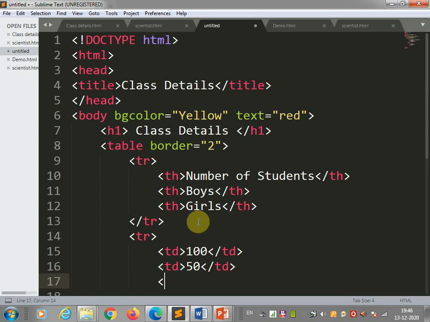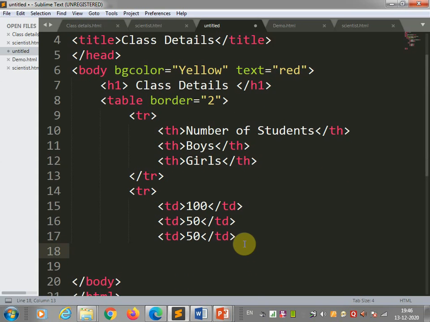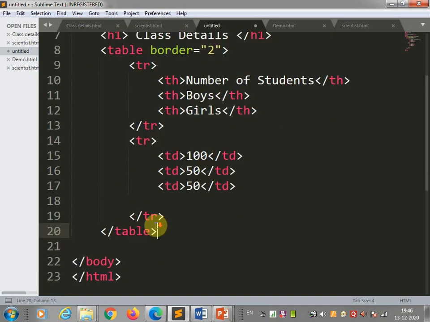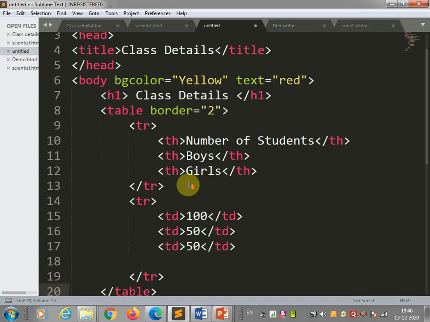Then girls number also 50. So td tag once again, 50 and close the td tag. So here you have finished the second row. So complete the table tag. Once you finish creating tables, save the file